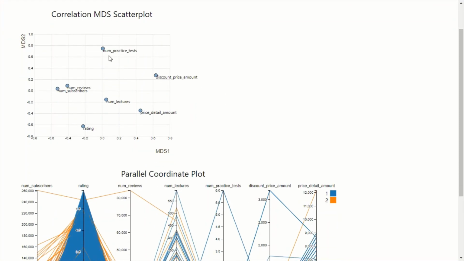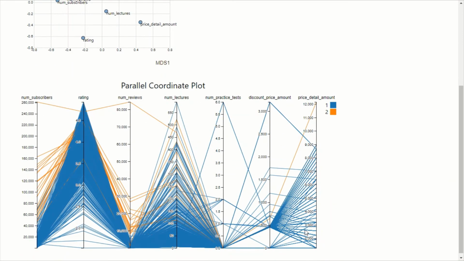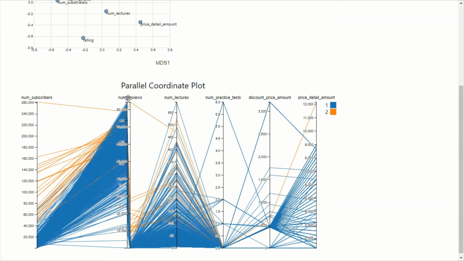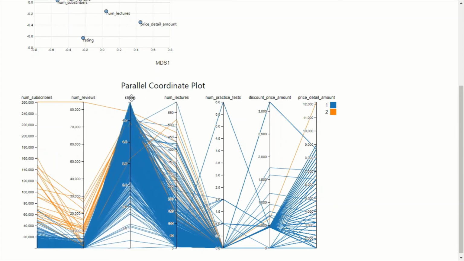This is the plot of all the dimensions, and this is the parallel coordinate plot, in which we can see all the dimensions as the axes, and it's easier for the user to analyze the data using a parallel coordinate plot. I've also given the user the functionality of interaction, so that he can choose an axis, move it and change the order according to the analysis he wants to do.